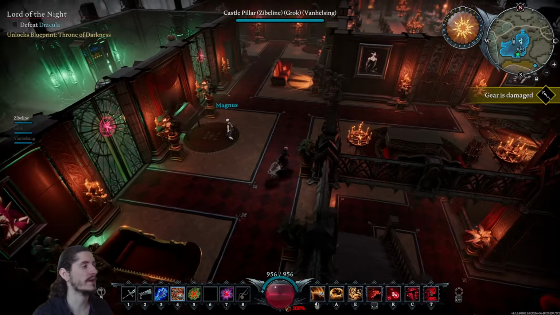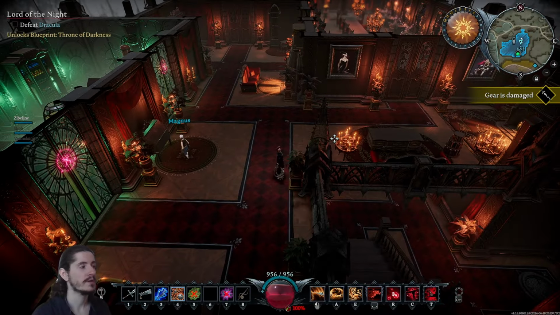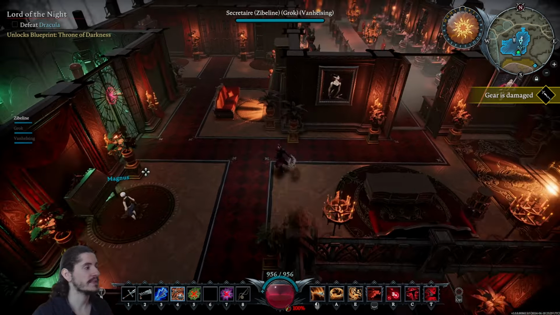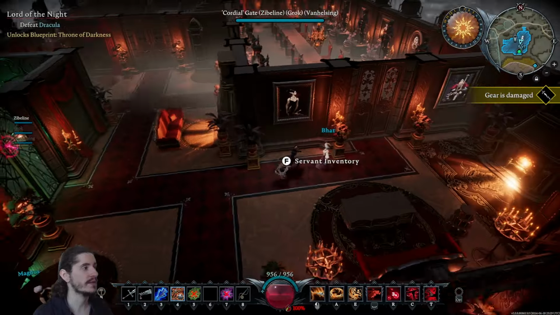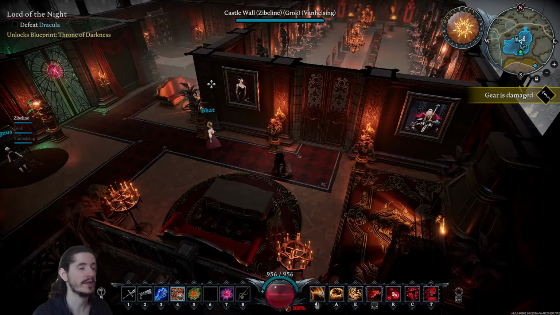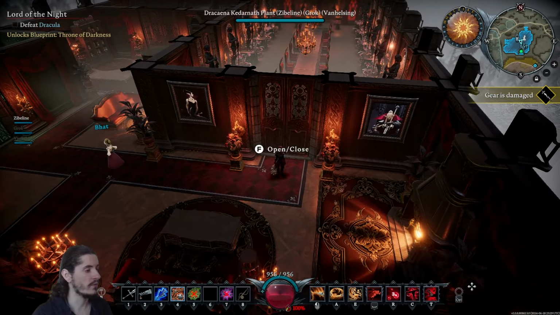So here you have a very classic action RPG game, and what happens is that just like in RimWorld, we have the main camera, the main game happening in the entirety of the screen. Then we have the overlay